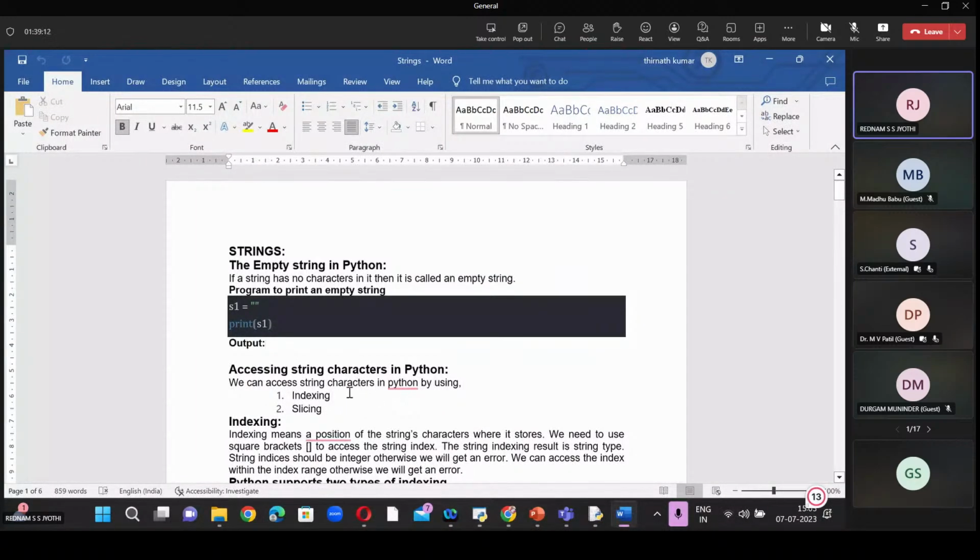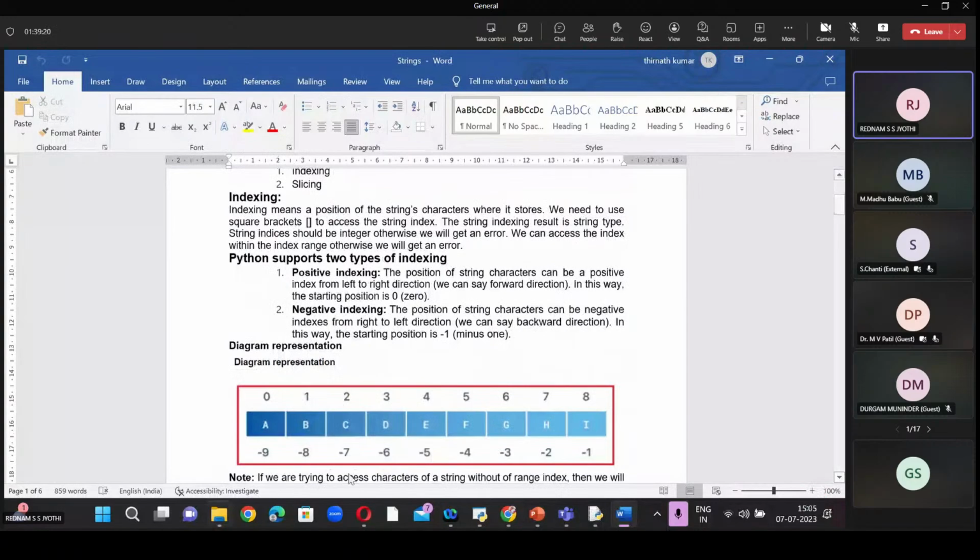Next one is accessing string characters in Python. We access string characters by using indexing and slicing. Indexing means the position where the string characters are stored. Here A, B, C, D, E, F, G, H, I are the characters present in that particular string, and the first index is represented by 0, up to one less than the size of the string.